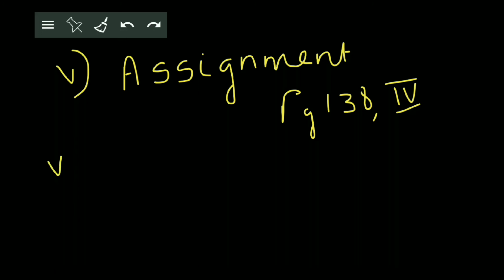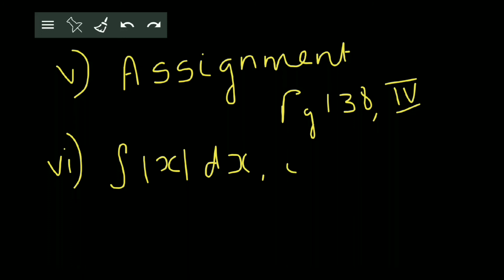We will go to the sixth question, which is very easy, but since the initial part might confuse you. See, they have given the question this way, mod x dx. We have to find integral of mod x dx, and also they have given that x is less than 0. If x is less than 0, now this is very easy. Mod x means absolute value of x. The absolute value can be positive or negative. Here they have already given us part of the answer, that is x is a negative value. So we write this mod x as integral of minus x dx.